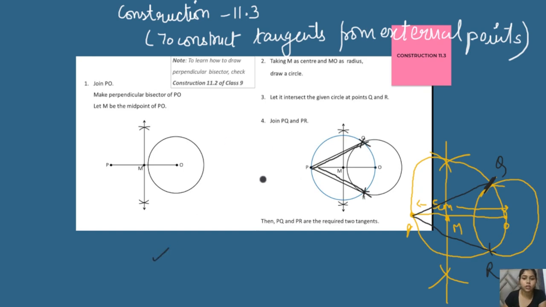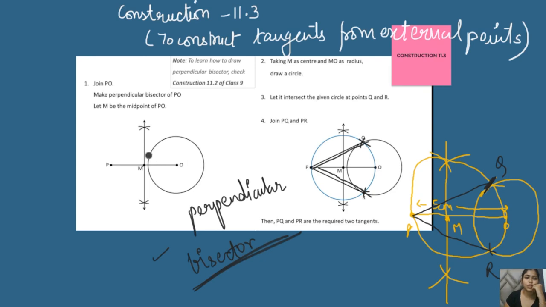Have a look at this. What is the major thing? You just have to do the perpendicular bisector. For the perpendicular bisector, you should go through our class 9th lessons. It is very important. The detailed explanation of how to draw the perpendicular bisector is given there. You just open the compass more than half, draw the arc. Similarly, put the pointer here, open more than half, draw the arc. Wherever they cut, make them meet together or intersect, and you will get your perpendicular bisector. Am I right?